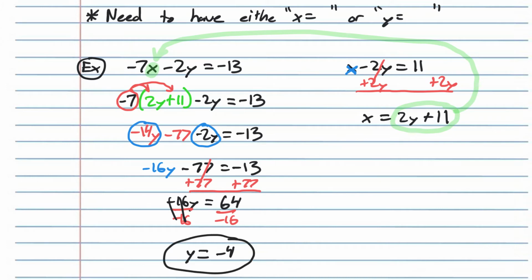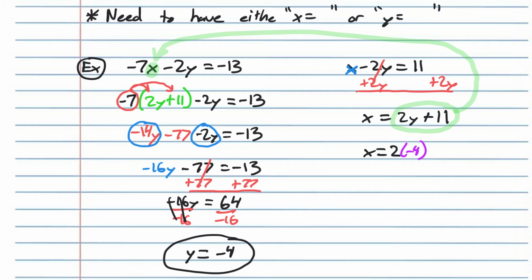To get the other part, we need to know what x is. So we're going to take that and plug it in to the other equation, the one over here with the green circle. Is y. So that, negative 4, is going to go replace it there. So that's what we're going to do. So we have x equals, and we're replacing that y. So we have 2, and instead of y, we're plugging in negative 4